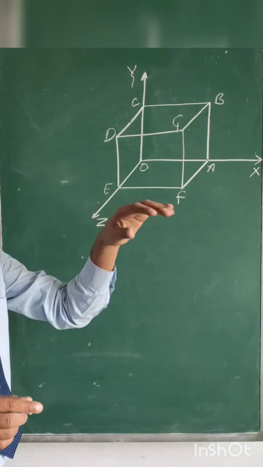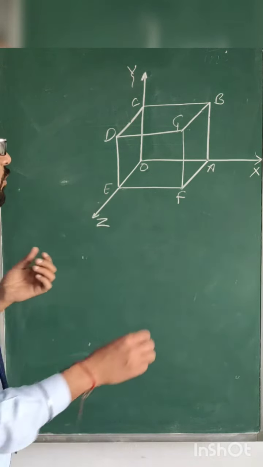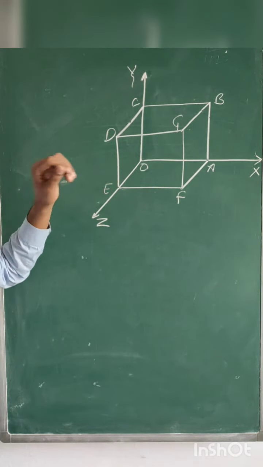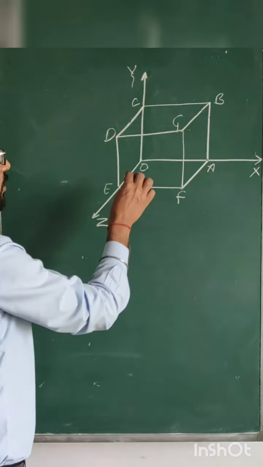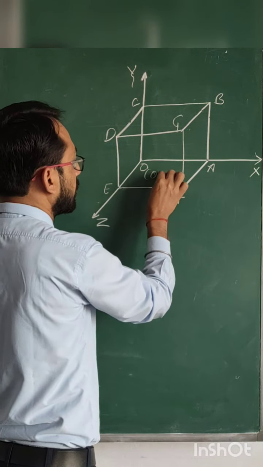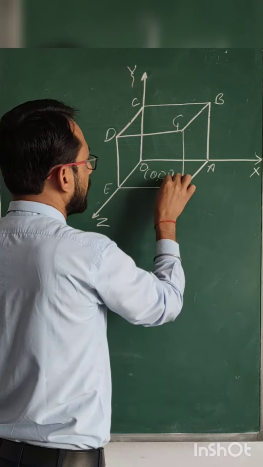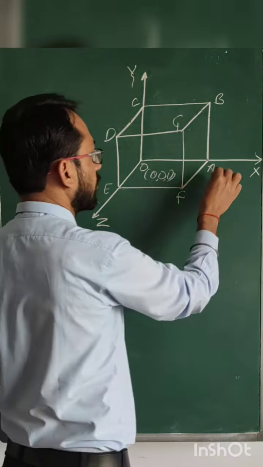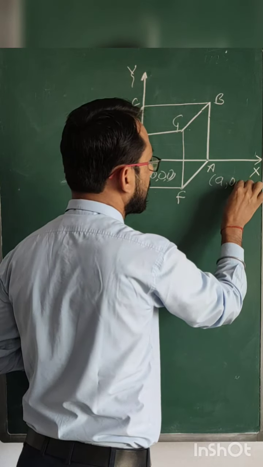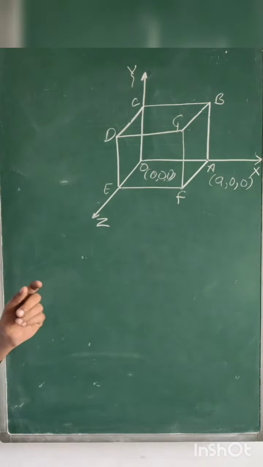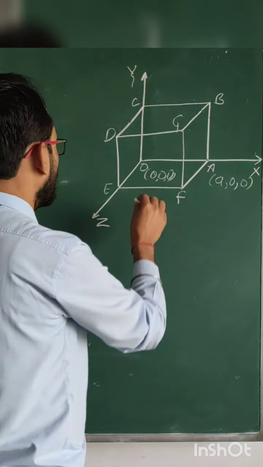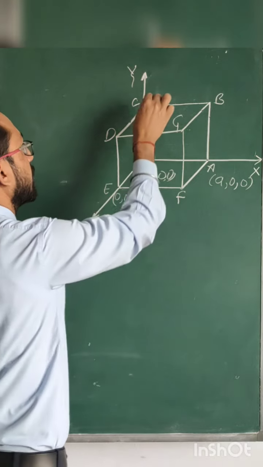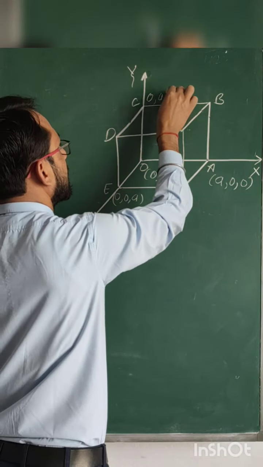So first of all we need to make the cube, and we know that a cube is a three-dimensional figure. We are keeping one of its vertices at the origin, so its coordinates will be 0, 0, 0. Now it is a cube, so a coordinate that lies on the x-axis will be a, 0, 0. That means we have supposed the cube is of side a. On the z-axis it will be 0, 0, a. On the y-axis it will be 0, a, 0.